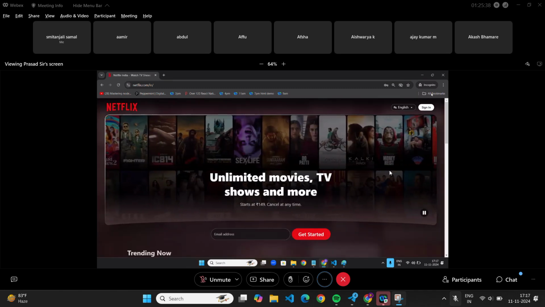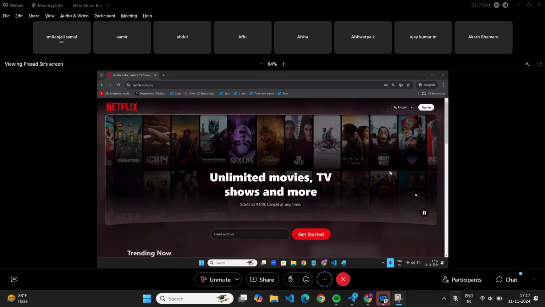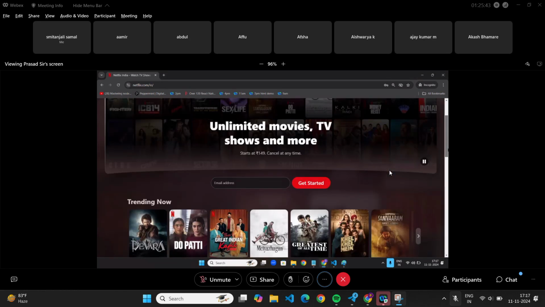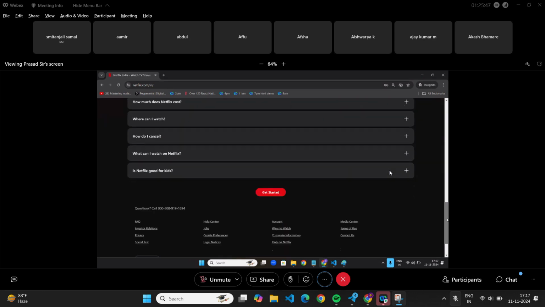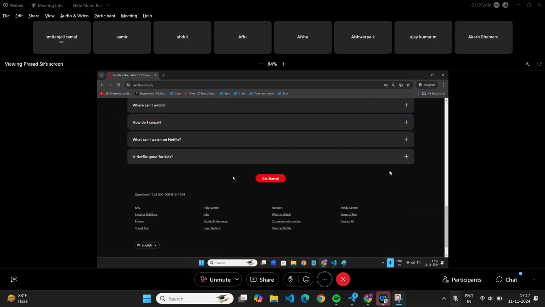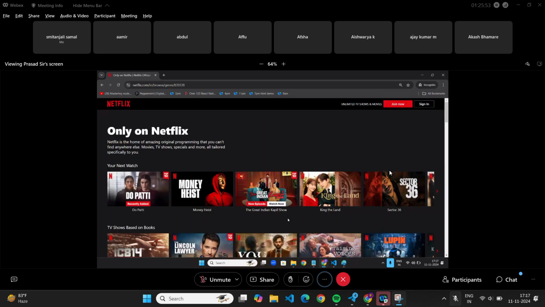Because of cache, I'm getting the old one. Now, go down. Only on Netflix. If I click it, it is showing me something: Dopatti, Money Heist, The Great Indian Kapil Show. If I open the same Netflix in the US, will I get this Dopatti and Kapil Show? If I open in the United States, will I get the same thing?